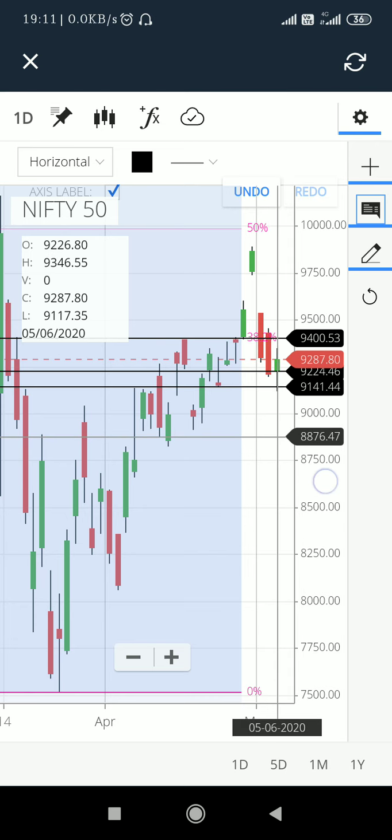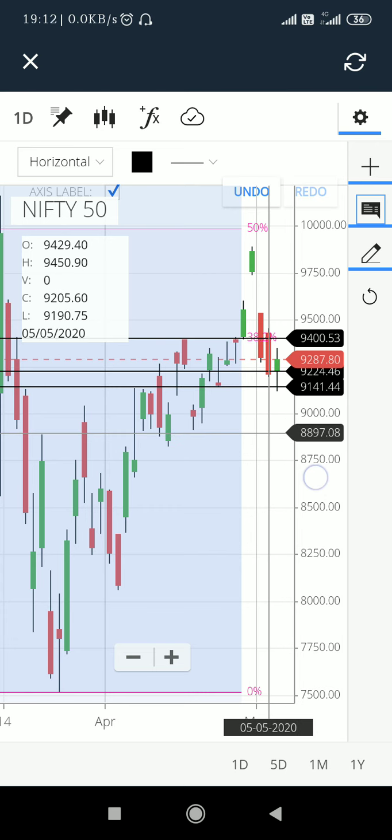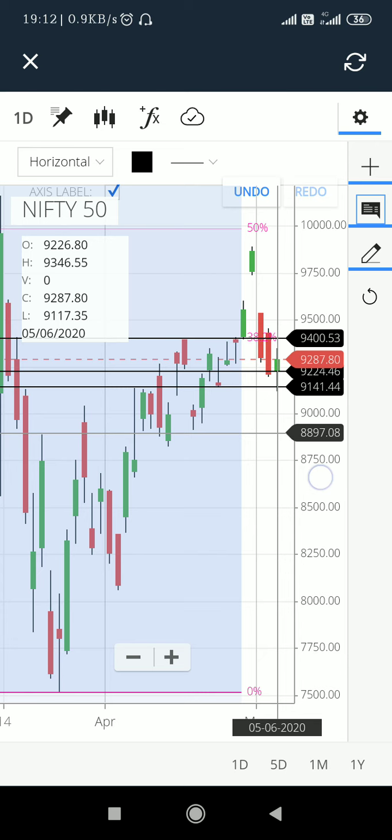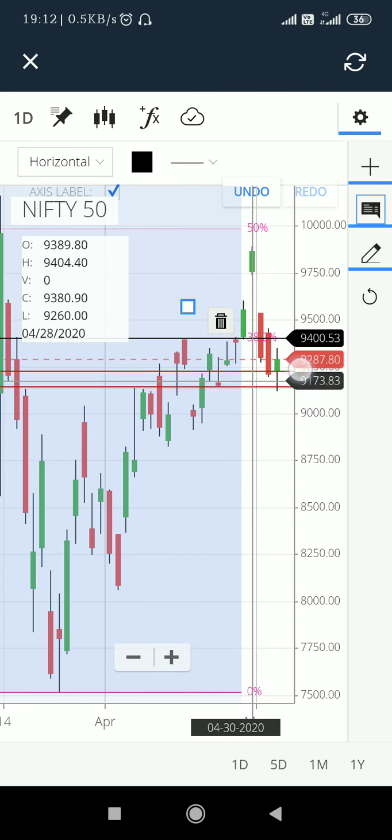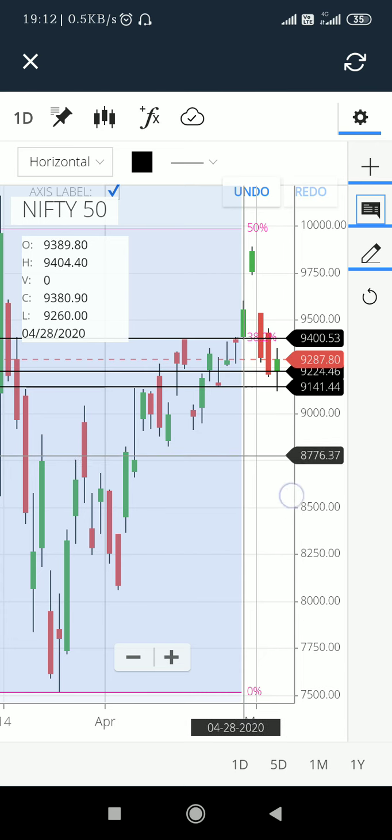Now the third thing, on the upper breakout: if the Nifty 50 gives an upper breakout of today's high, that is 9346, we can definitely go into a buy for the target of 9400 or 9394. Why am I saying 9394? That is an important level because it is also the Fibonacci level of 38.2%. As you can see, the Fibonacci level is marked and clearly written here in pink, that is 38.2%.